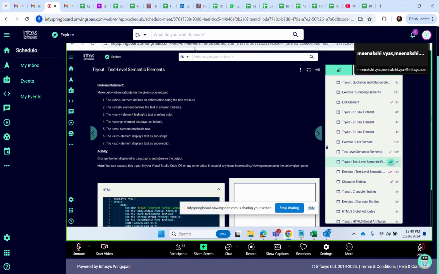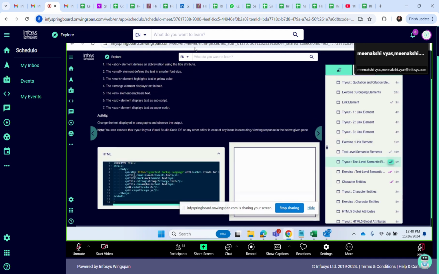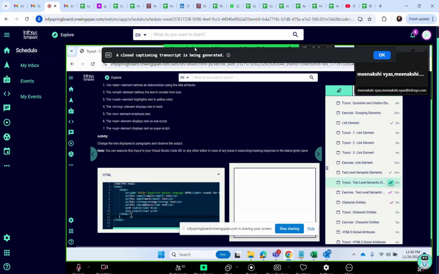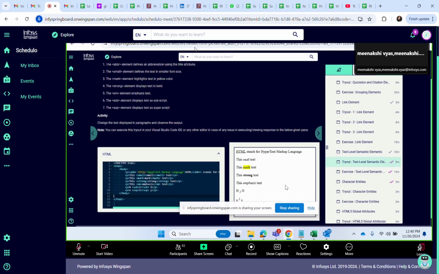Okay, it has included all the things. ABBR also there. So can you see, when I'm putting my cursor on HTML, it is showing me that this is hypertext markup language. So wherever abbreviation you are using, you can simply use it.